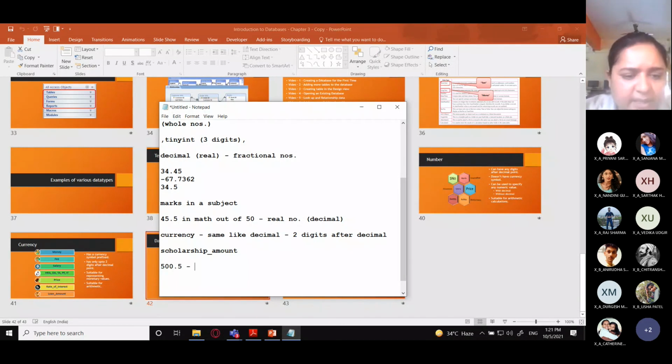This is which type of data? It is currency data, because it's a monetary amount. So it is we users who are creating the table, we fix the data type of a particular field. Understood that, everyone? Is this much clear to everyone?